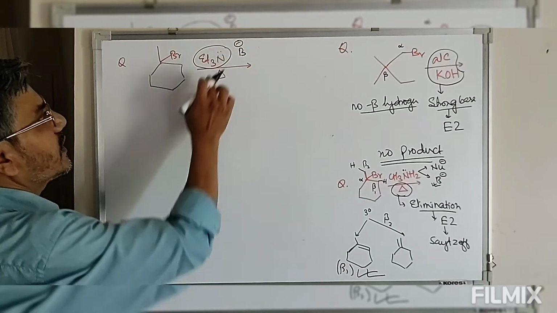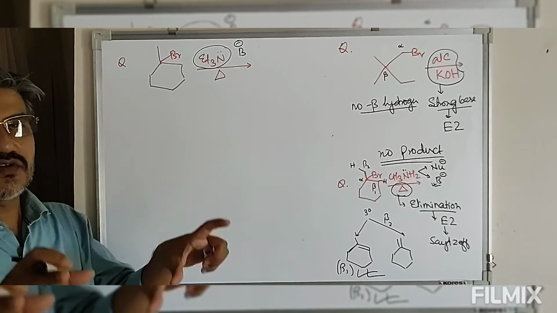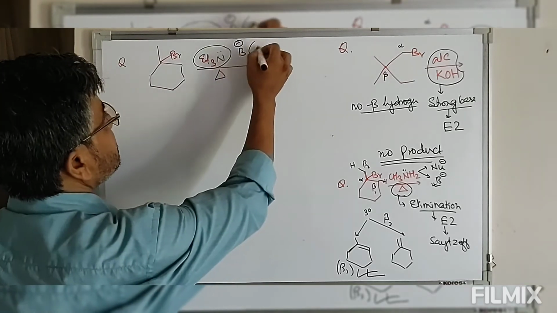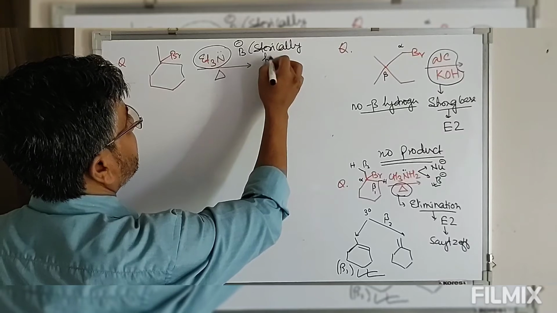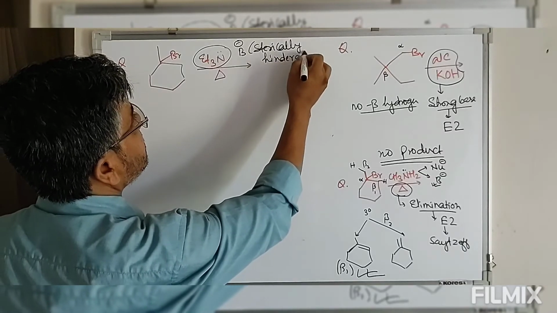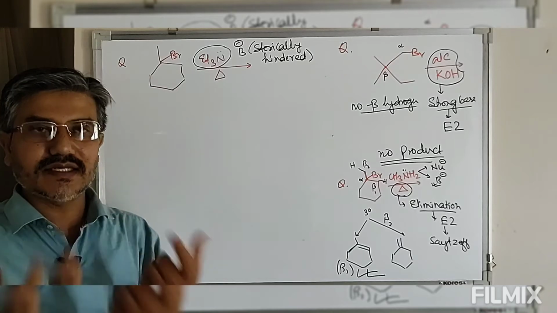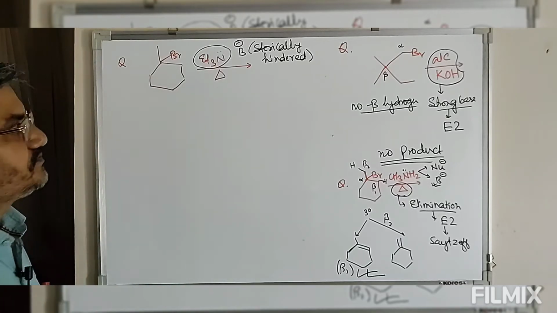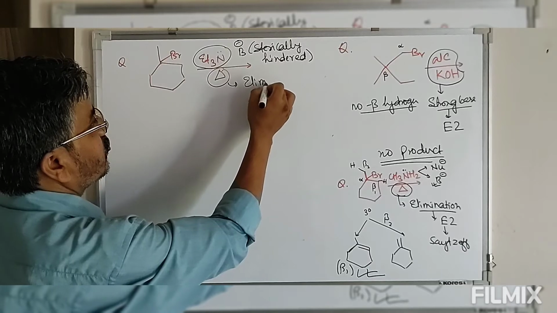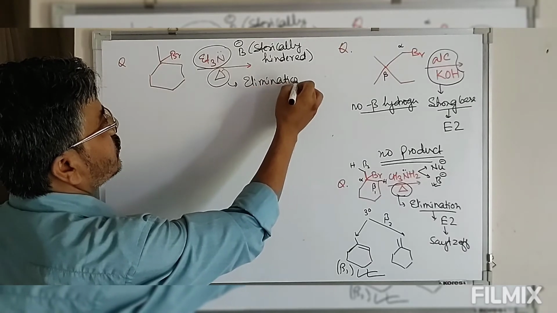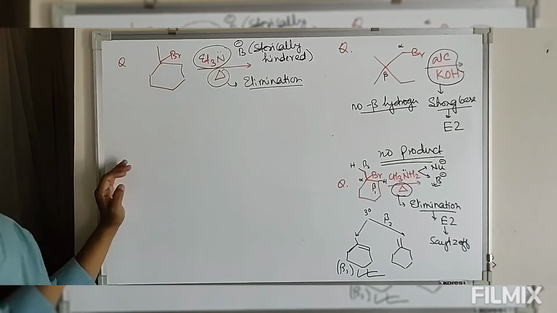base. But if you look at this, around this nitrogen we have 3 ethyl groups. Three ethyl groups surround the nitrogen. So this base is sterically hindered. Sterically hindered means three bulky groups surround the nitrogen, so it will have basic character, but it is a sterically hindered base. So heating means the reaction is elimination. Now elimination in the presence of a bulky base.